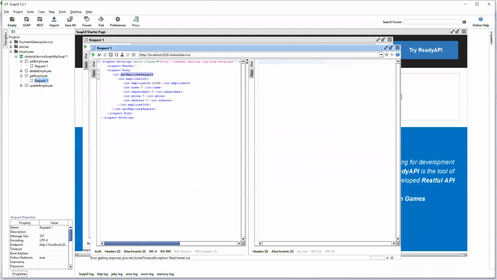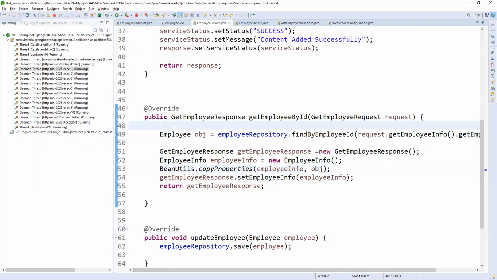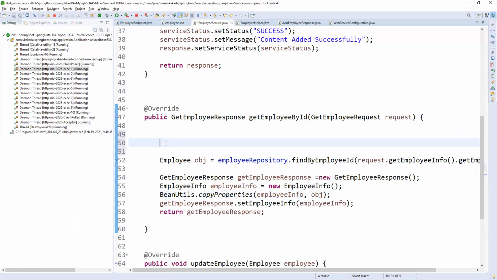We are not getting it, right? So let me rerun and check. Yeah, employee object, request equals new, or long.